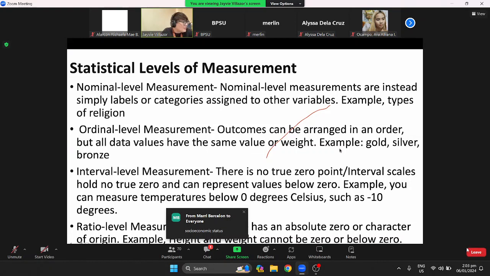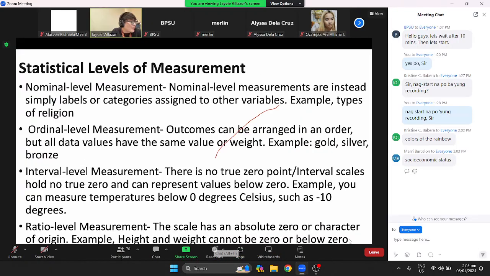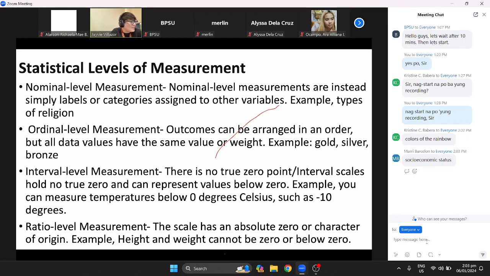How about this? May sumagot dito, colors of the rainbow. Miss Babera, is this nominal or ordinal? Miss Babera, is that nominal or ordinal? Miss Babera, you can message us. Okay, ganito. Ang colors of the rainbow,